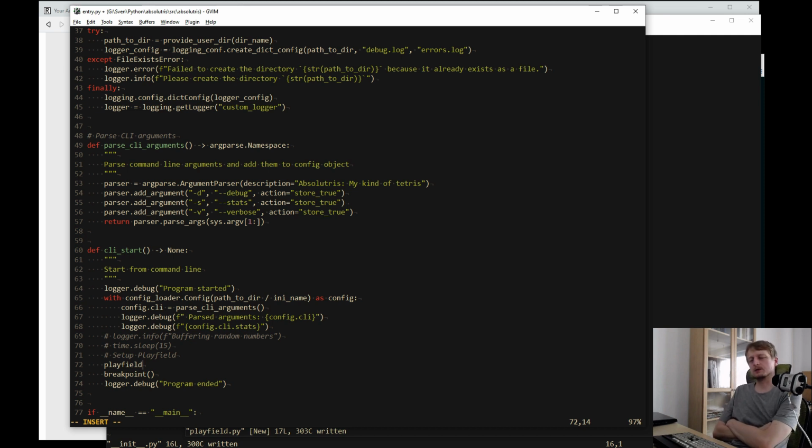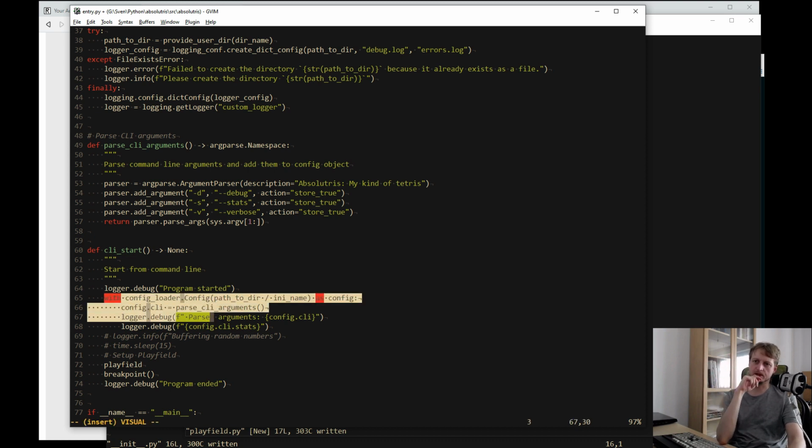In the end, I want absolutris to read the configuration of the config file, which is done here, and then set up a game using this configuration and run the game.